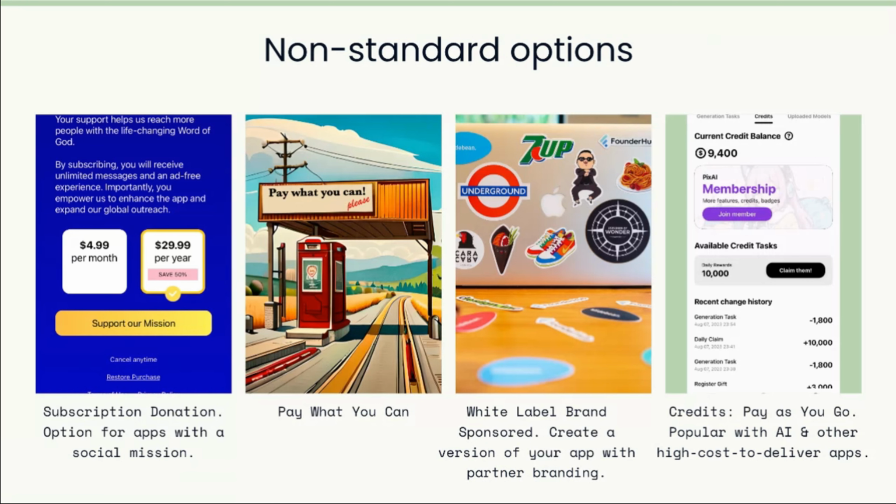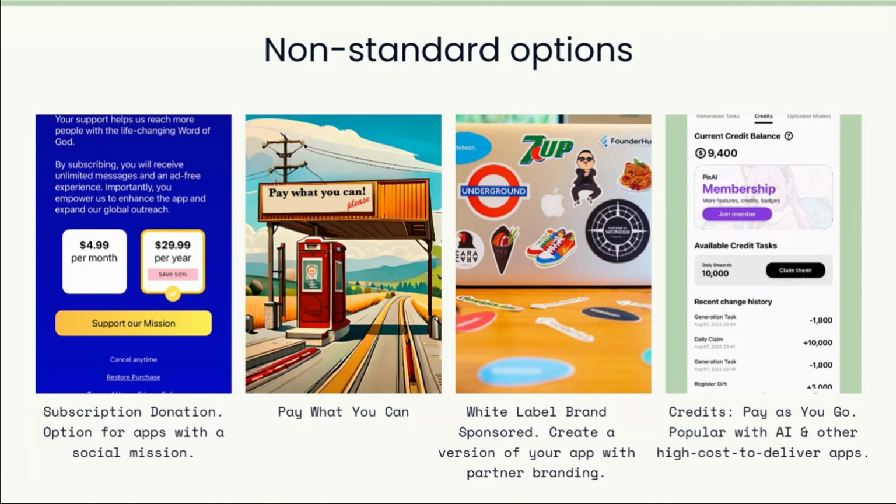But if you have an app that has a social mission, where people maybe are willing to donate to it for the experience and help support you, it's sort of the Kickstarter approach. Maybe people like what you're doing enough that they'll just agree to give you a one-time donation or a donation as a subscription. We did that actually with a text-to-image app for a while, and I did that with a college savings app. People just appreciated what we were doing, so we were able to collect more of